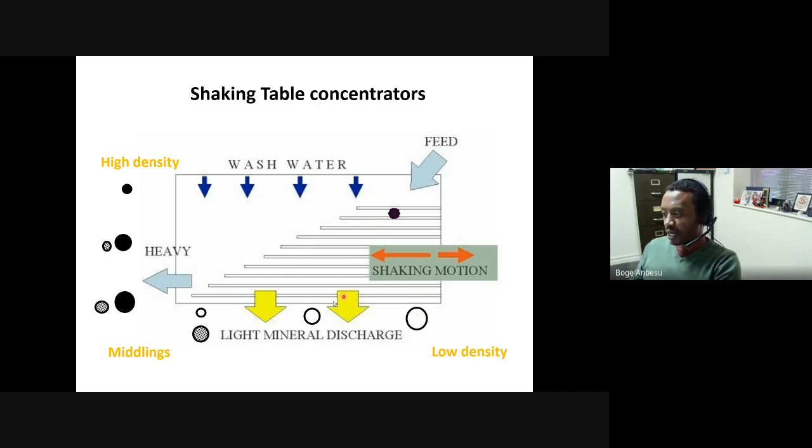Particles that are light but intermediate in size will travel a little bit longer on the table. They stay a little bit longer on the table. And again, eventually they will be collected somewhere here. So these are light, intermediate particles, okay, in size. So obviously in the feed, you should have dense particles, you should have maybe somewhere intermediate. So some particles may have the valuable and the gangue together. So they're called composite particles or middlings. Okay, so the middlings are not as heavy as the target particles, and they're not as light as the gangue particles. They're somewhere intermediate. Because of that density of middlings, middlings usually report somewhere around here,